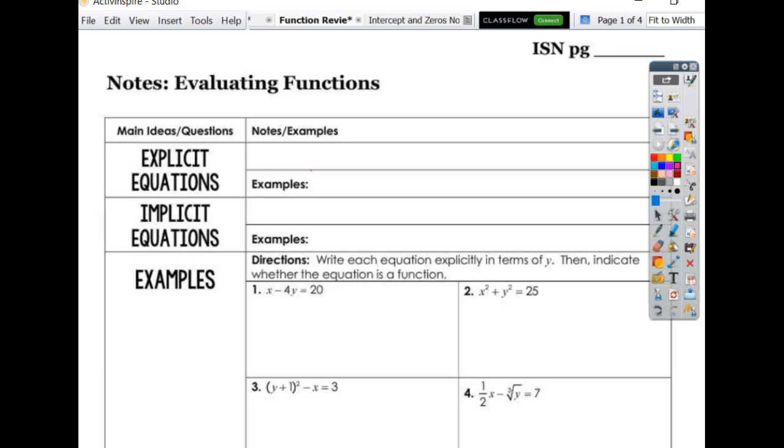Okay, so yesterday we talked about domain and range in functions. All right, so we reviewed that, and we did interval notation when we wrote the functions. So today we're going to talk about explicit and implicit equations, and then we're going to identify some functions more. So an explicit equation